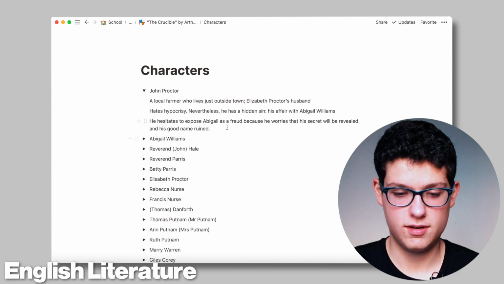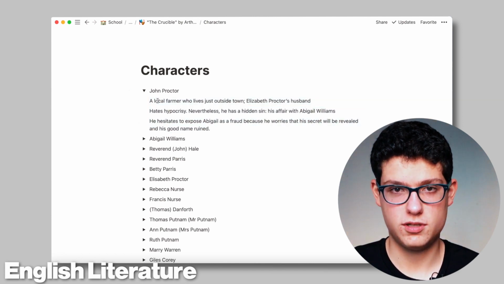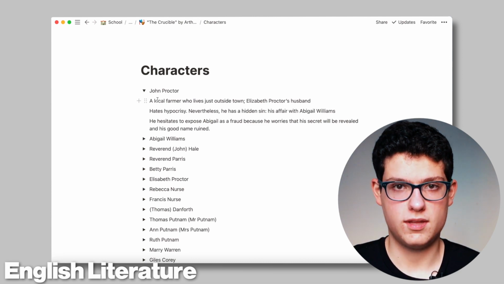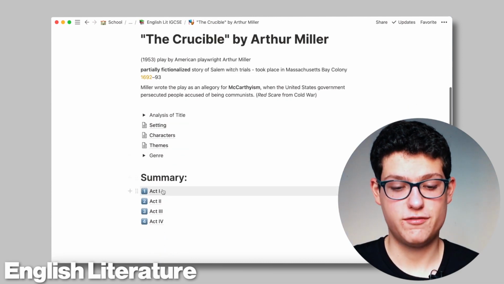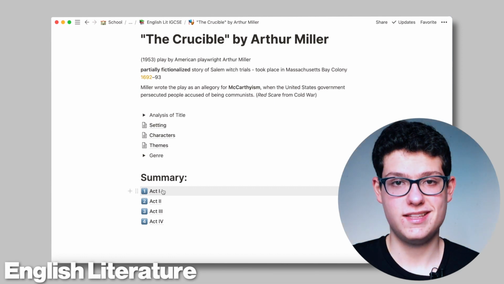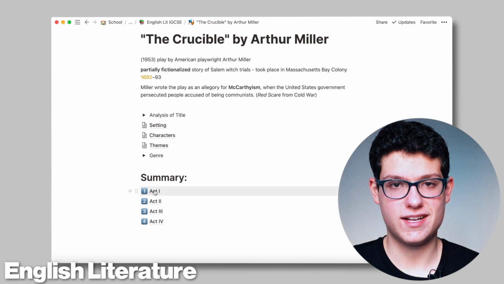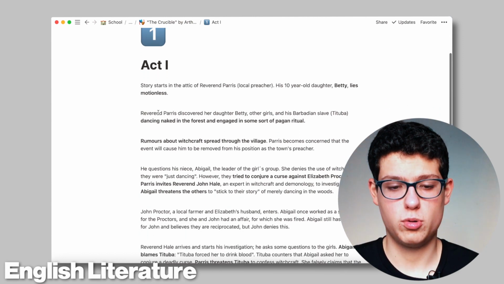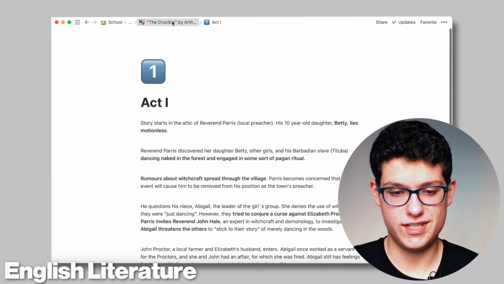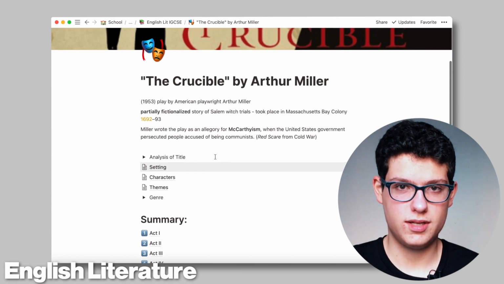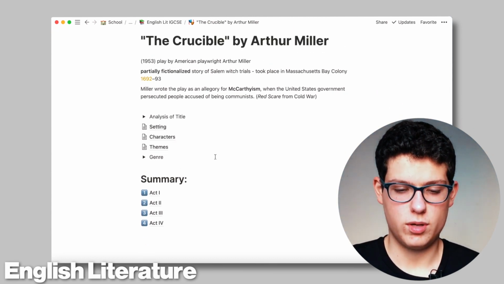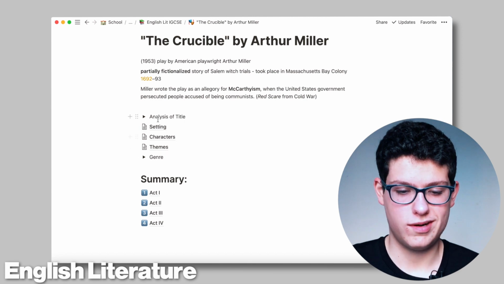So I can check in here and have a very nice description that I have made myself after reading the book. And then I also have summaries for each act of the book. I basically did a whole summary in here, and I can access it from whichever device I own. Not only when I'm with my computer at home, but I can also do it in the bus with my phone, or with a tablet. Here I have a whole summary of every single act. And yeah, this helped me a lot in understanding and internalizing all the different characters, the setting,